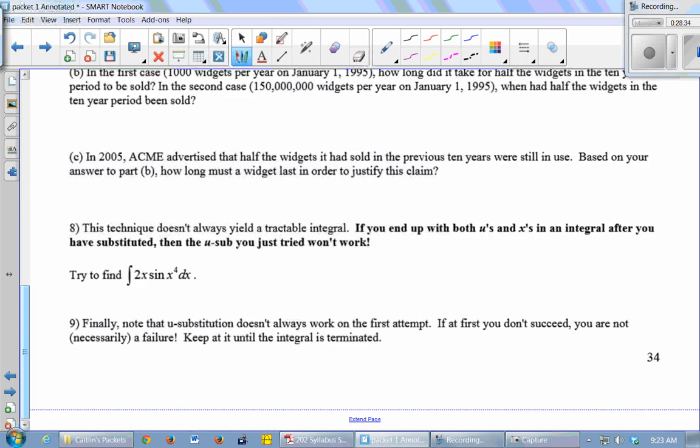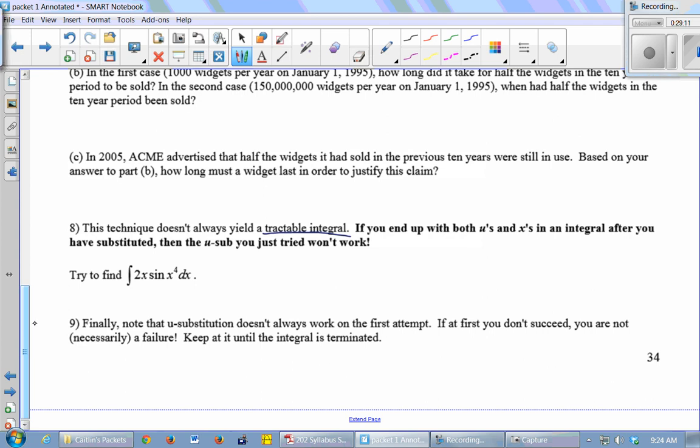The technique does not always yield a tractable integral, right? So that means an integral that's possible to do. Okay. So keep in mind, if you end up with both u's and x's in an integral after you have substituted and canceled and simplified, the u substitution you just tried won't work. You have to go back and pick a different u. And sometimes there is no u substitution that will work. For today, I'm not giving you anything that won't work. But